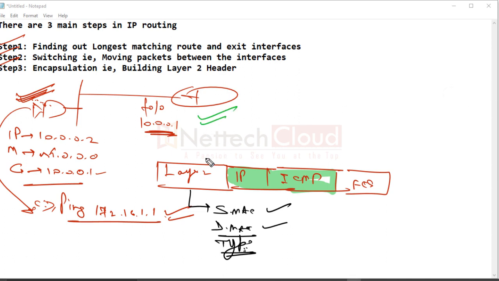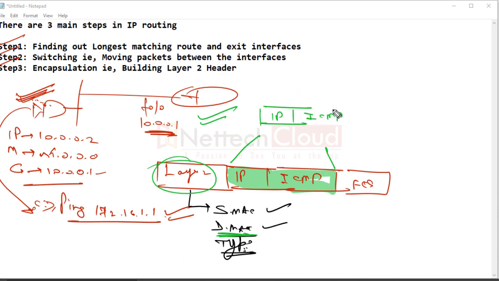So the router receives the Ethernet frame and will first look at the layer 2 header. If it finds its own MAC address as the destination MAC address, and there is no error in it, then the packet is taken out of the data frame. So the router extracts the packet from the data frame, the IP header and then ICMP.